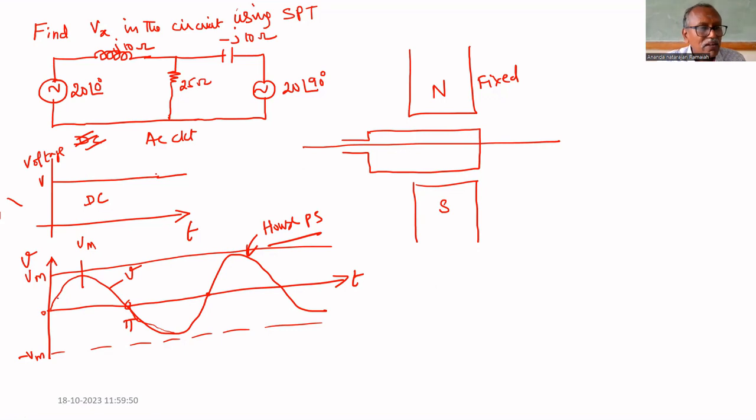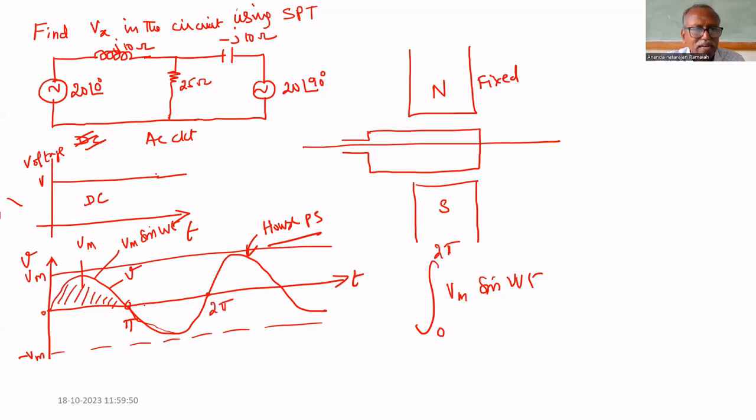For that, if you integrate this, what will you get? The area under this graph you will get. Suppose this waveform is Vm sin omega t. Am I correct or not? Omega is the frequency at which it rotates. So Vm sin omega t, that is the waveform. If you integrate that, you will get the area. The integral of Vm sin omega t from 0 to 2 pi,